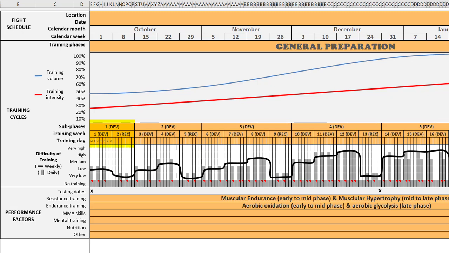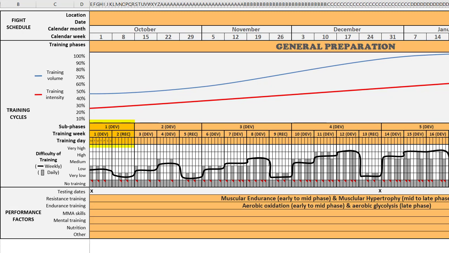And I can't tell you what the magic number is for you. I can only suggest that you need to have open communication with your coaches to determine whether your time is better spent adding a resistance or endurance session or picking up perhaps another MMA specific session. I'll also remind you that it's better to start out with less sessions and work your way up, and this is a conservative approach that can help you avoid overtraining, which we're really concerned about here in MMA. It's rampant. Now, this is also a good idea if you consider spacing out your workouts across the week. That can give you a little bit more recovery time.